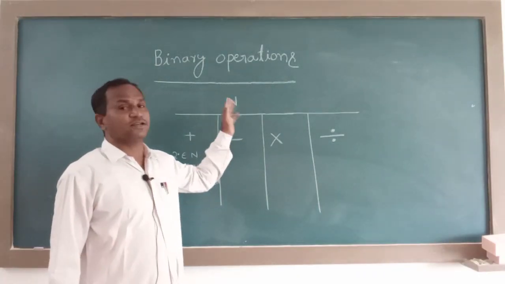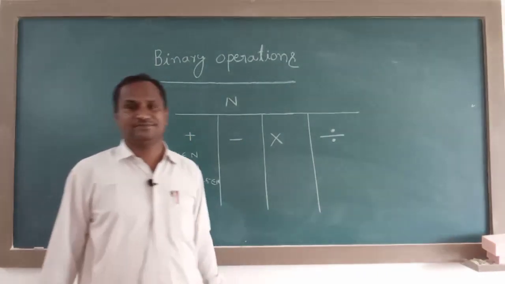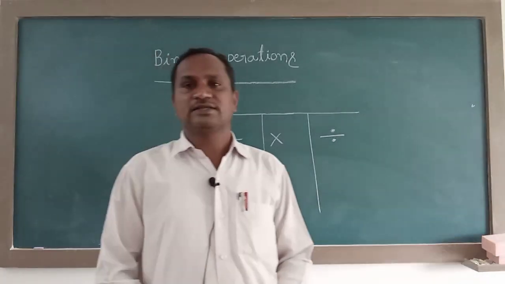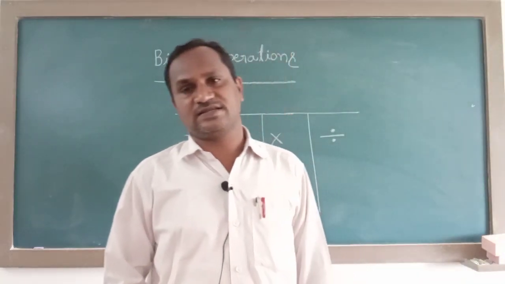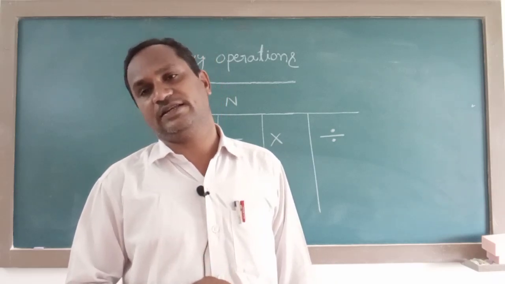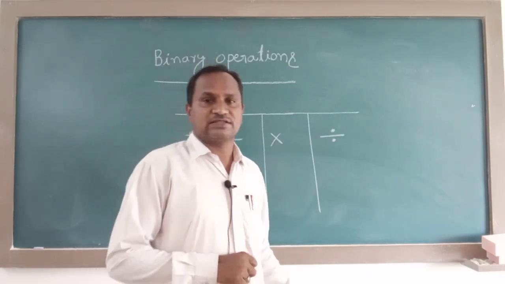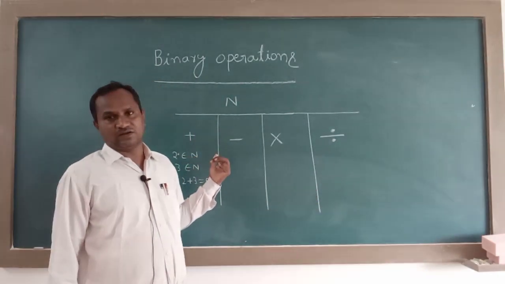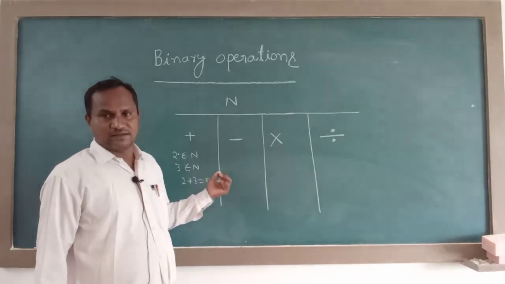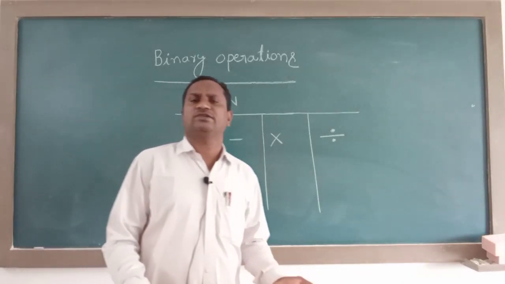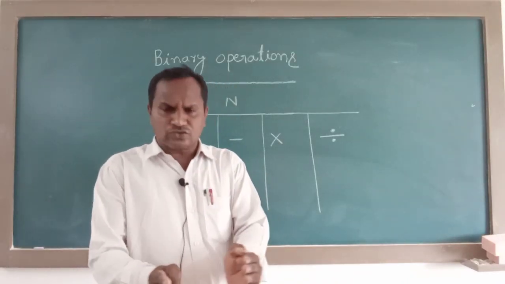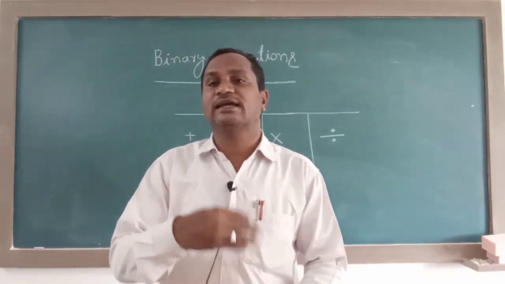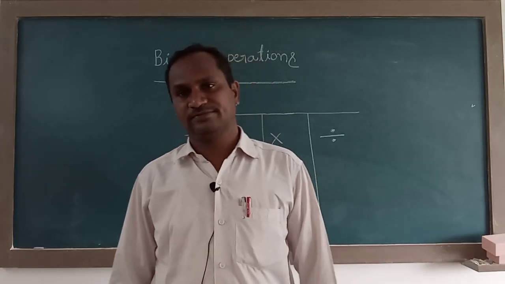That's why N is a binary operation on addition. The set of all natural numbers satisfies binary operation with respect to addition. For example, take 5 plus 6 or 10 plus 11 or 20 plus 9, like that any 2 natural numbers you can take, the sum of those 2 natural numbers, and again you should get a natural number. If you can get like that, that is the binary operation.